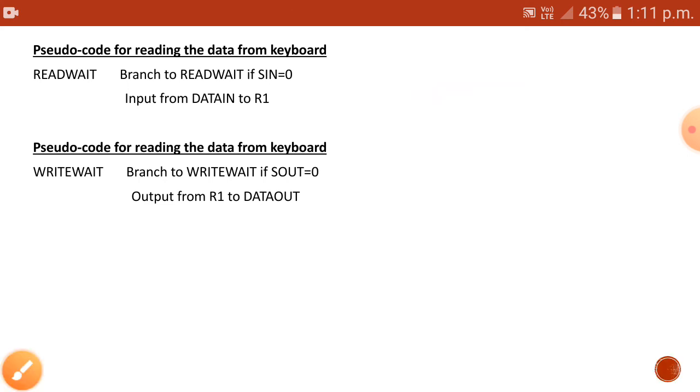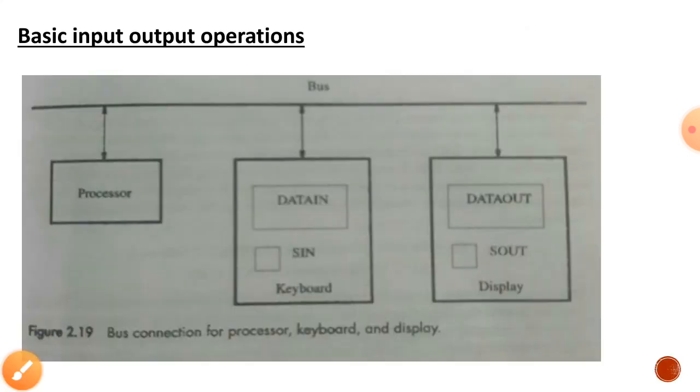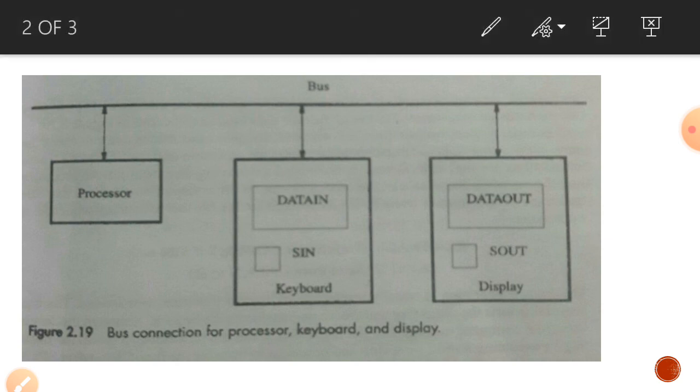This is the basic input output operation, showing how a character is pressed and how it is printed on the monitor. Whenever a key is pressed on the keyboard and displayed on the monitor, it is not displayed directly. This process goes on between the input device, the processor, and the output device. Okay.